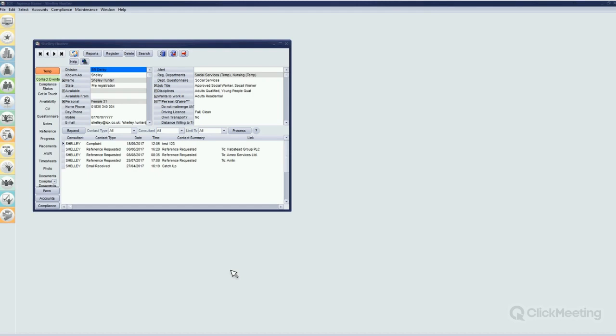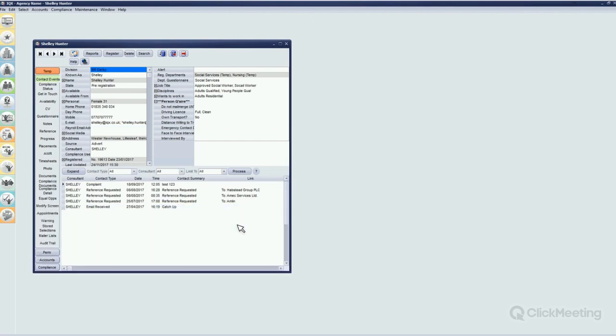So the first thing to work out is whether the question that you want to look at is a department question or a standard question. I'm going to look at people, but it works the same for your companies and contacts. So the principles can be applied across the board. As you can see in the top right hand section here, I have registered departments, and this lists which department